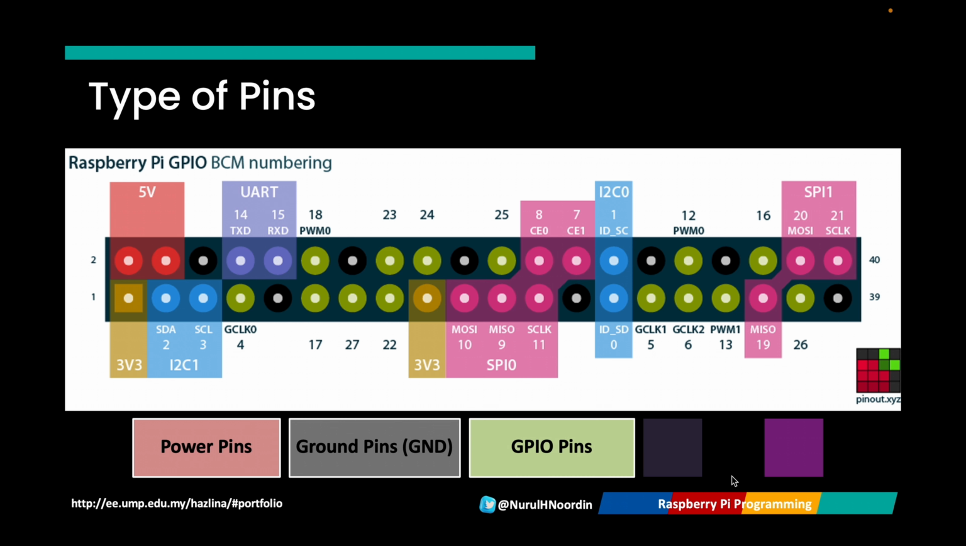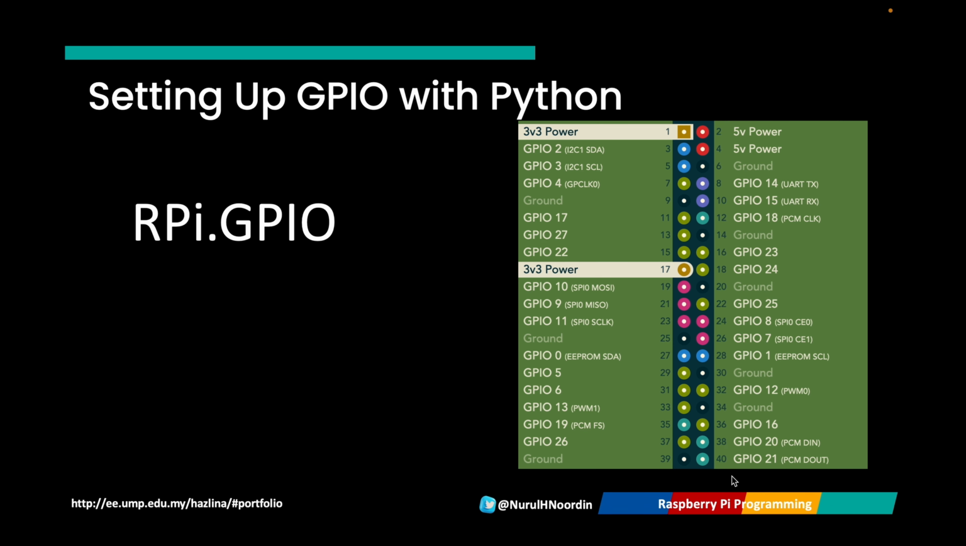The third class is the GPIO pins, numbered 2 to 27, which are programmable and can function as inputs and outputs. And the final class are communication pins, which include I2C, SPI, and UART for connecting external peripherals. We use the RPi.GPIO library in Python. This library provides a simple way to interact with the Raspberry Pi GPIO pins, allowing us to control electronic components